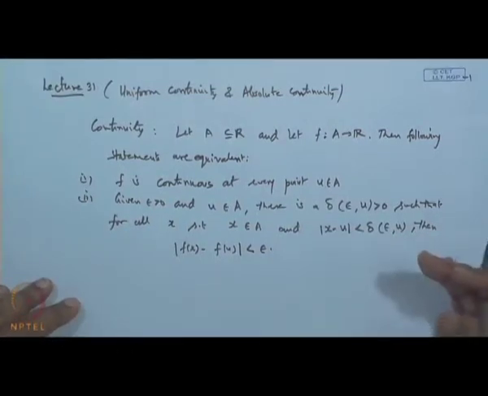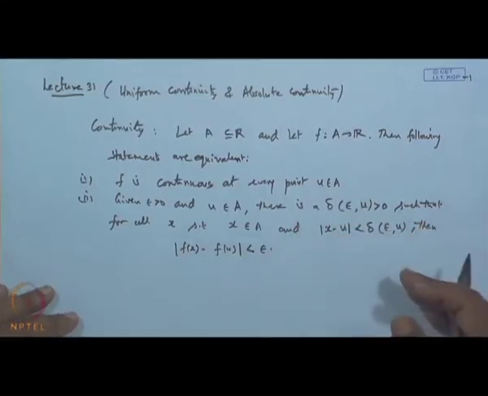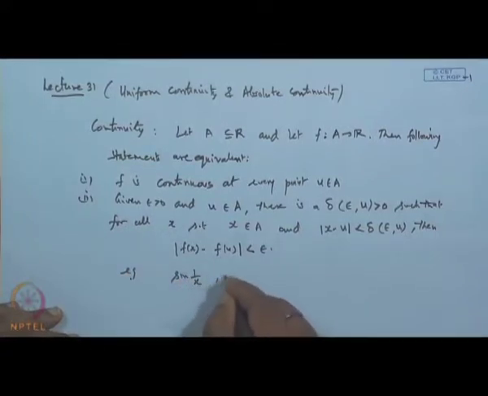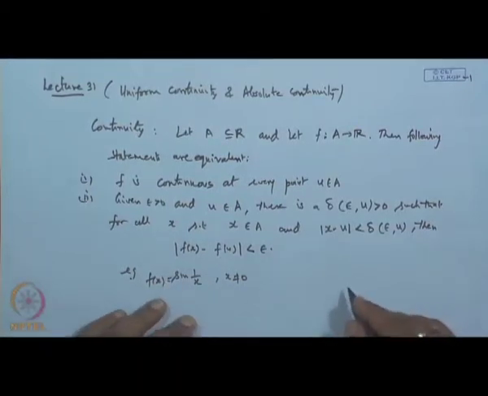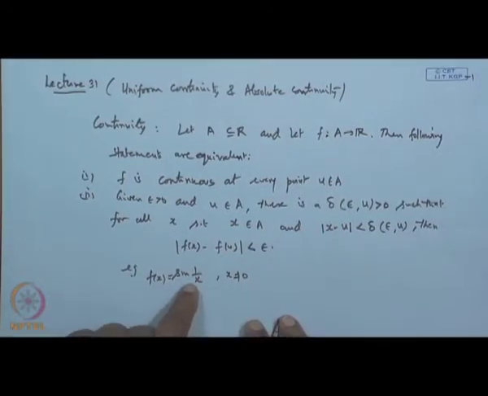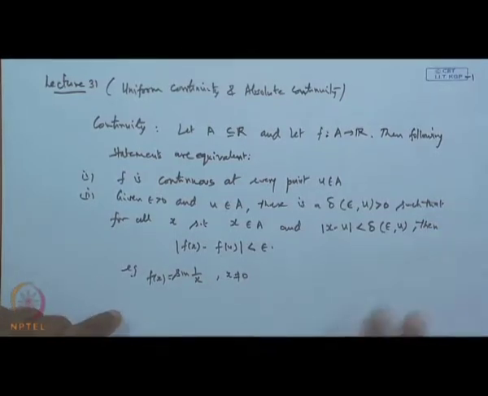Maybe, suppose for some point the function is changing its values very slowly, and near some other point it changes very rapidly. For example, if we take sin 1 by x when x is not equal to 0, then this function is changing very rapidly when the point is very close to 0. It goes up and down from plus 1 to minus 1 to plus 1 very rapidly. So, we are interested in such type of functions where the change is smooth.